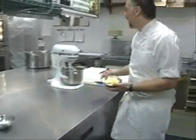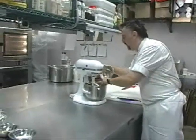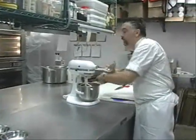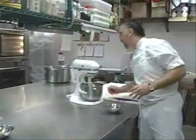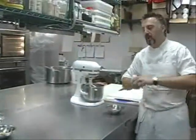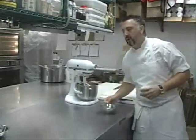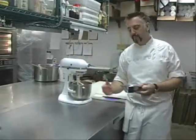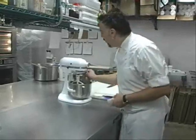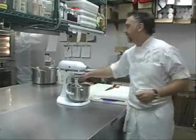I have a ½ pound of unsalted butter, and here at the shop we use an 82% butter fat content. One of the things that most recipes will tell you is to start by creaming the butter and the sugar together. But if you notice at the very last line of the recipe, it will tell you let rest for a ½ hour. Because what happens is you'll develop the gluten in the flour, which will tighten the dough up a little bit. But if you happen to be in a hurry, which some of us are, or you're trying to pull off a last minute dessert, as most of us have done,